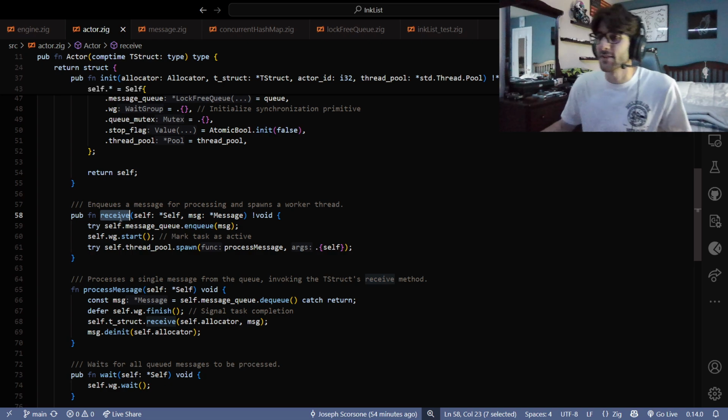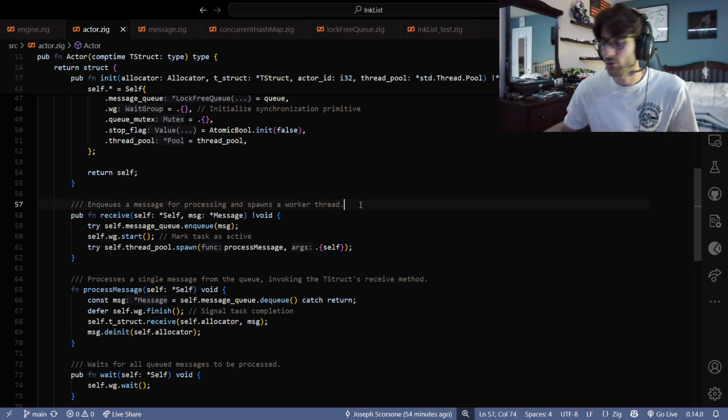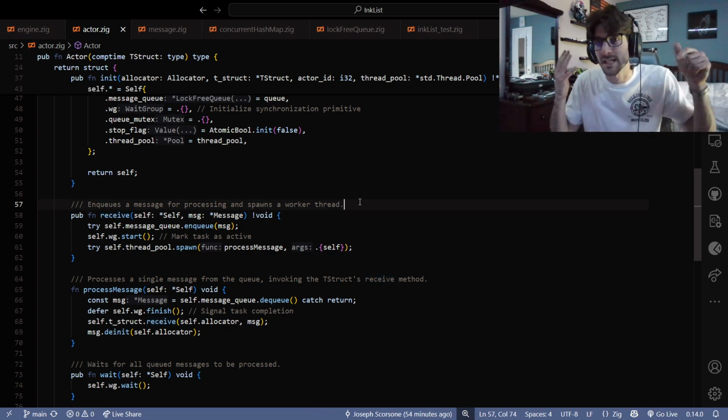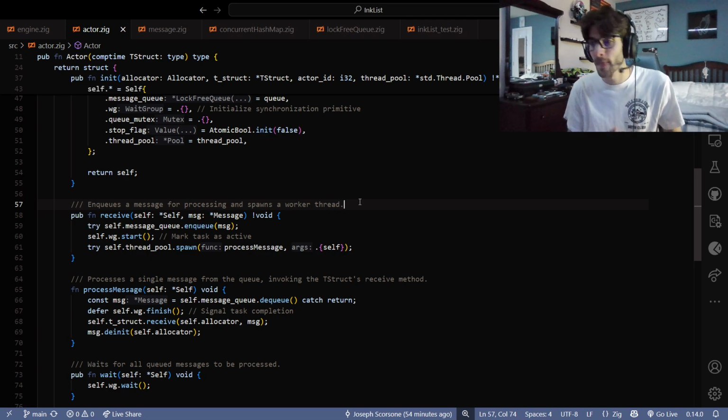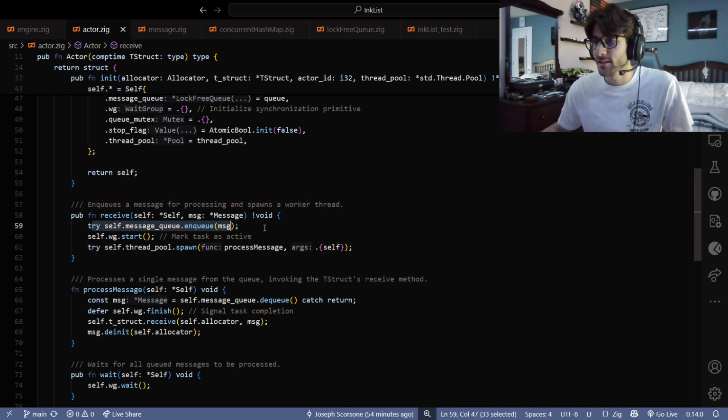If an actor is receiving something, there's no reason why I shouldn't be able to theoretically receive two things at the same time. When you use a mutex, I don't want to say it's inefficient, but it could be more efficient when you use lock-free data structures. So when you receive a message, the thread pool, which is the same thread pool, but this is a reference to it,